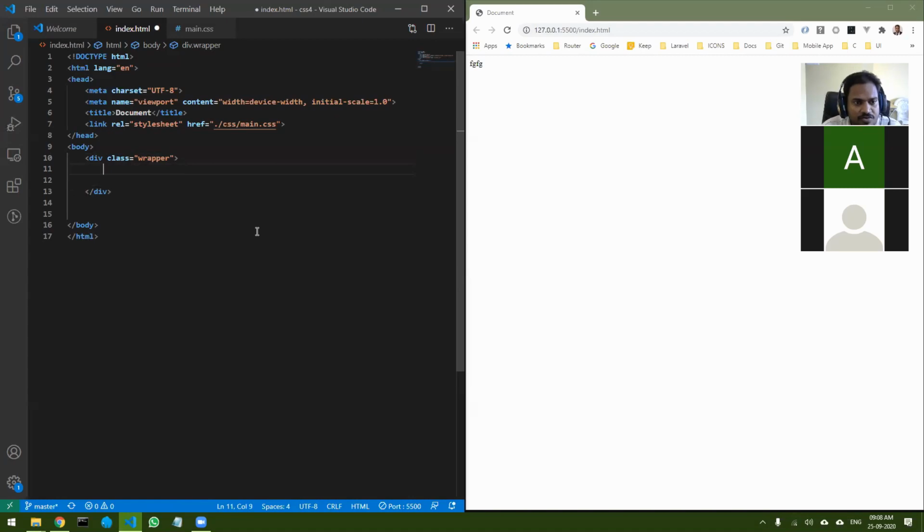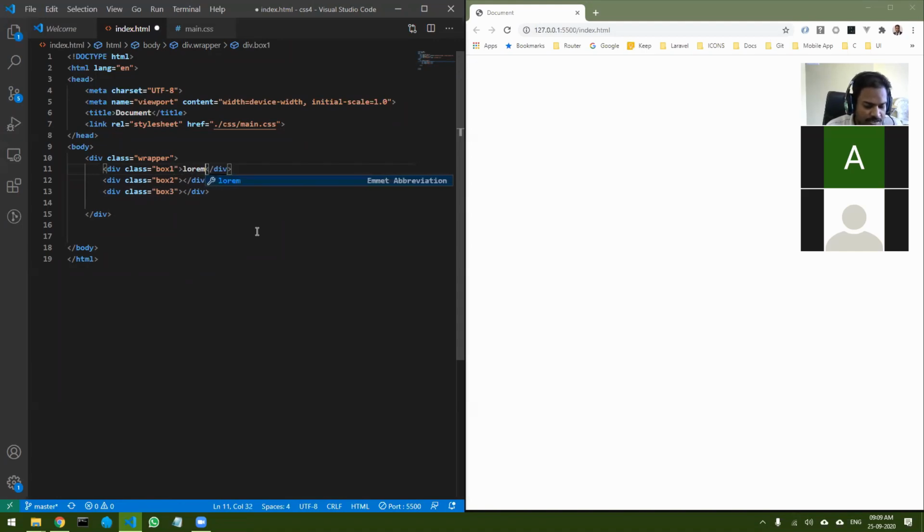And then I'm going to create another div. Let's call it box one. So that is also a class. Then I can create a few more. So box two and box three. So I have now three classes. If I save, obviously nothing is visible because even though the boxes are there, there is no content. So let me put some content.